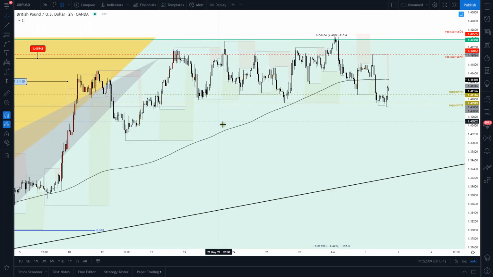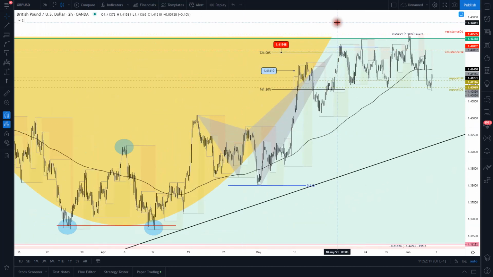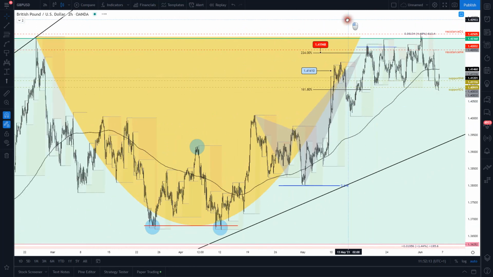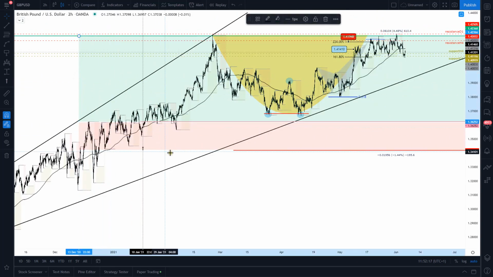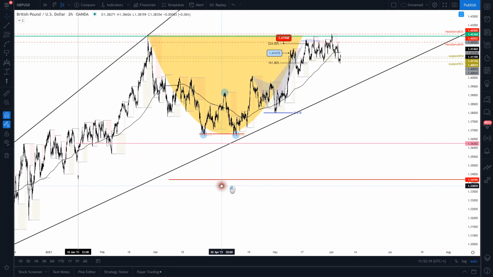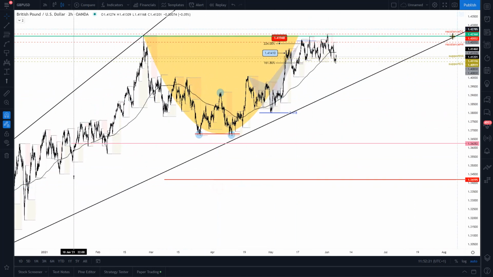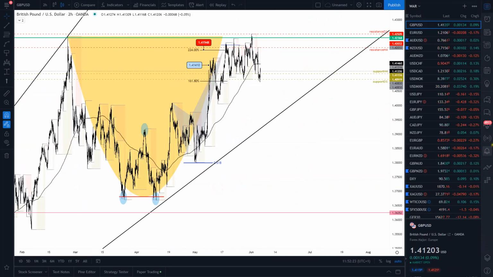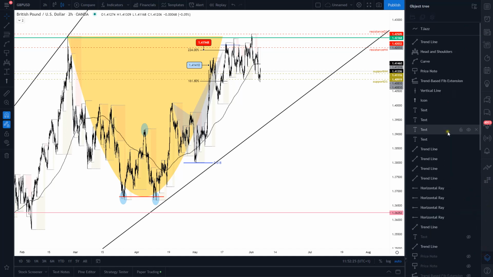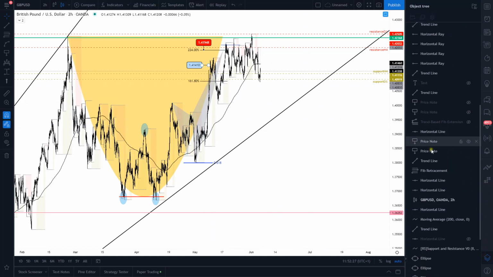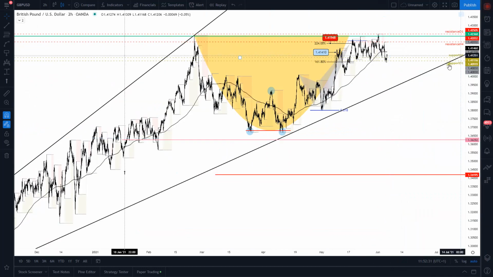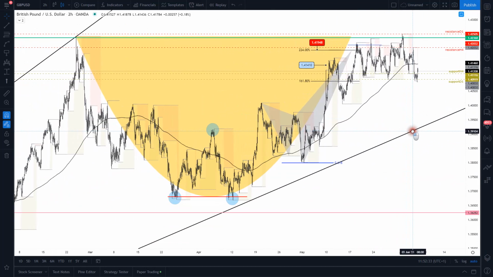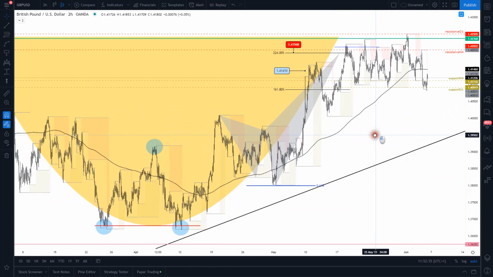Let's go into a 4 hours or a lower time frame. Actually, let me delete some stuff that we don't need here anymore. This was just to show you. And let me also, I believe I have a lot of things. Actually, I don't need that. So on a lower time frame, on a 4 hours time frame, I also shared this bearish